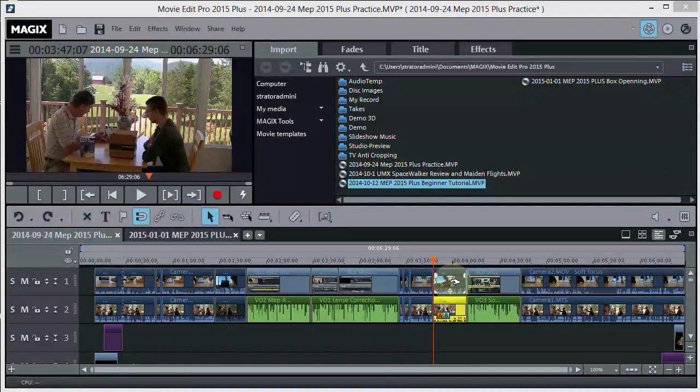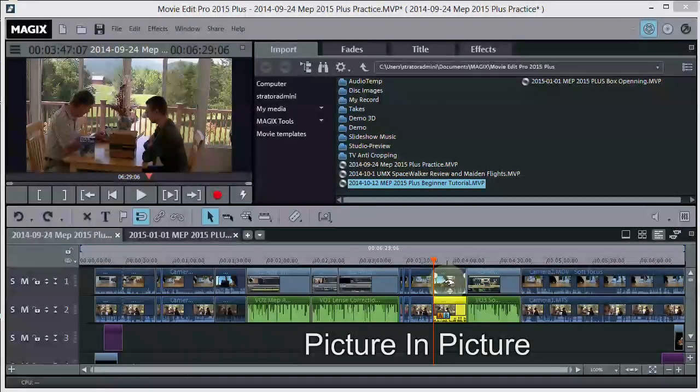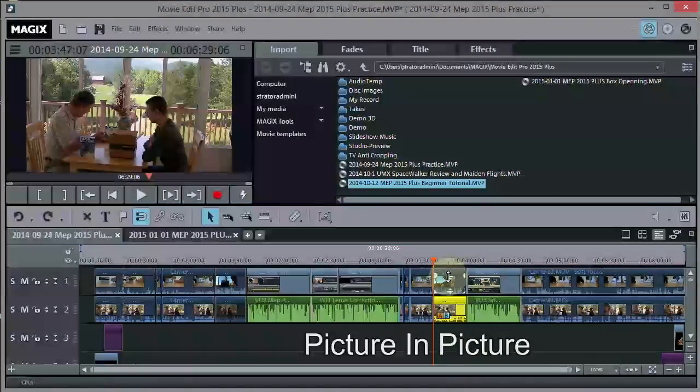So here's a little bonus for you. It may be a little bit above beginner level, but you might be able to get it mastered. And that's if you want to have one picture inlaid on top of another, sort of a picture-in-picture, like I did with the close-up of the keyboard earlier in this tutorial. I showed you how you could use the JKL key, and I had that inserted into the other video. Well, the way you do that is you have two videos like we have right here, one on top of the other. And you just take the bottom one right here